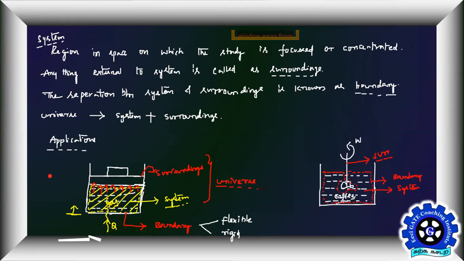But the coffee example, whatever I'm talking about here, you will see as an industrial application, something like mixing of two fluids. We'll have some hot fluid and some cold fluid, and you want to mix them. Is it correct, everybody? You can see that application in industries, right?